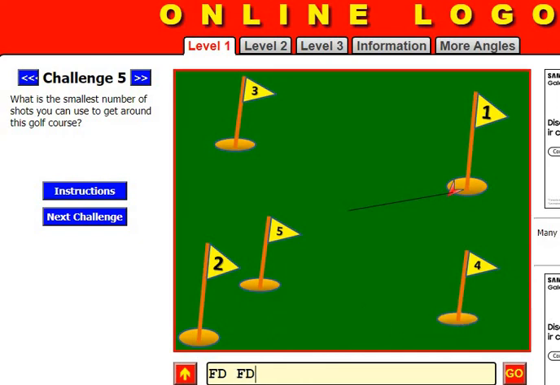Suppose this is 80, but it is going outside the golf course, so you need to do BK 30, BK 20.